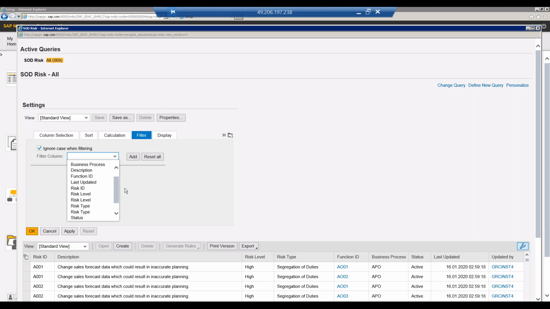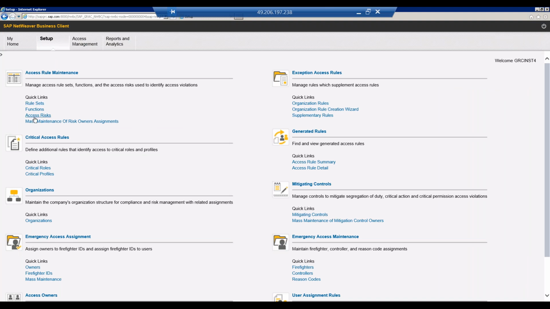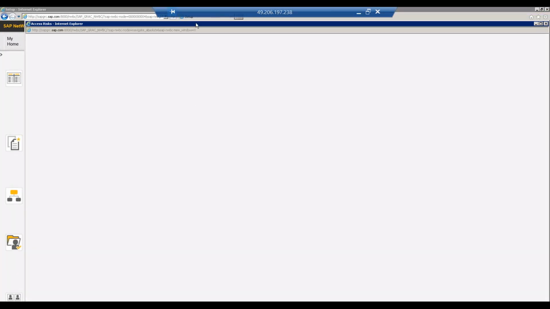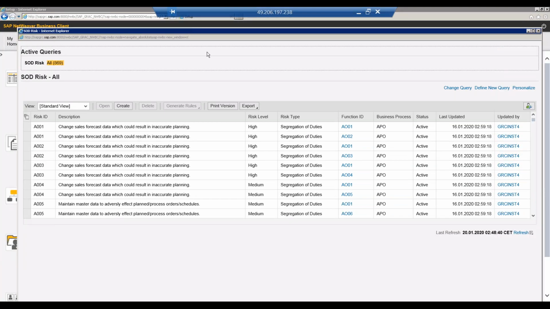What are the available rule sets? When we are generating rules,